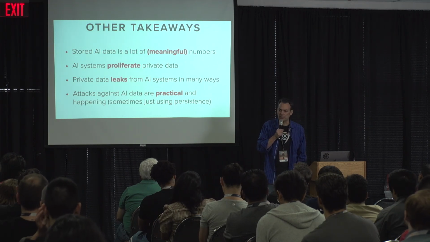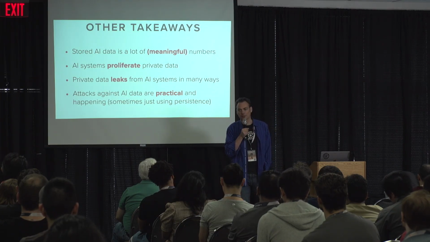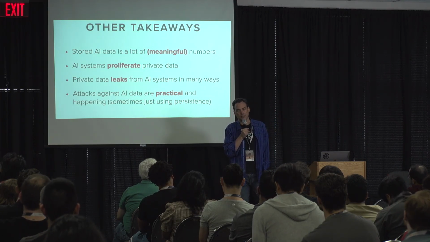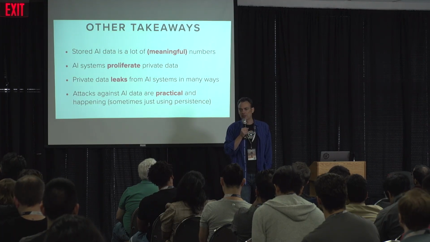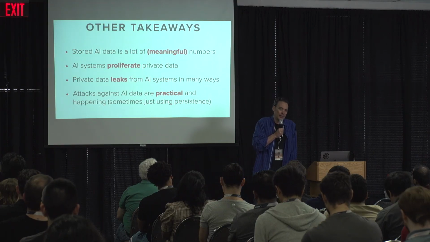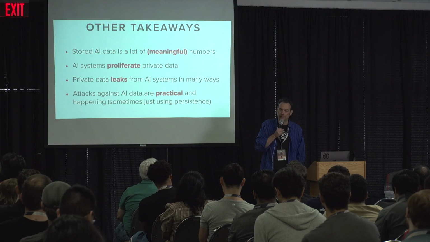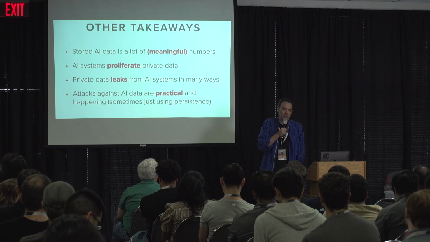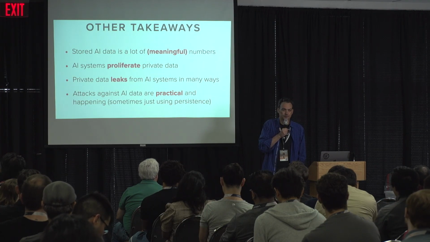The ones that get all the attention over and over: someone comes up with some clever new prompt injection, and then the next version of a model fixes it, because they add alignment that stops it. There's a cat and mouse there that doesn't even matter. I don't see anyone talking about the fact that you could just repeat yourself 100 times until it fails. You don't have to be clever. It's great to be clever, but you don't have to. It's going to fail.